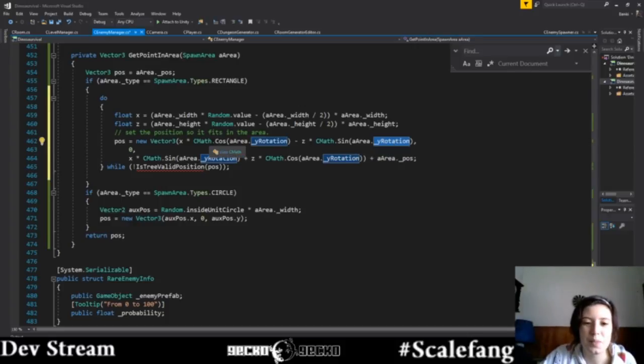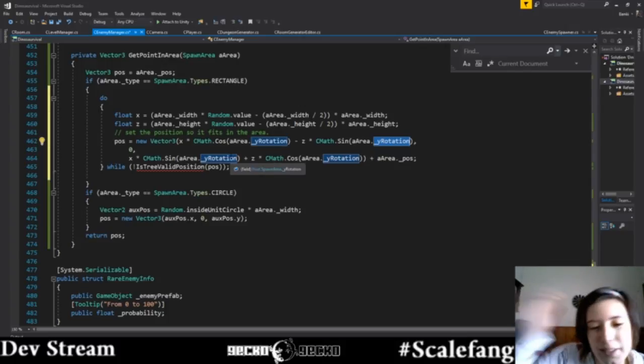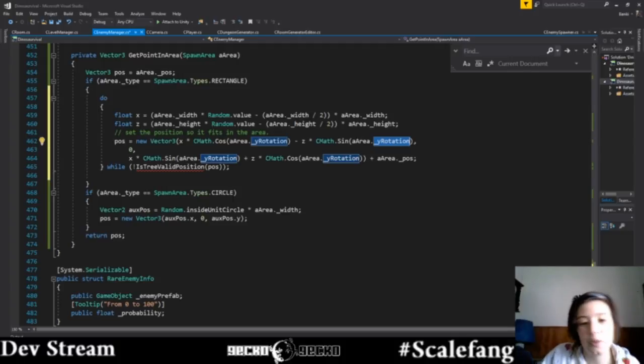Yeah, something like that. So, I mean, you need to know about rotating points in an axis and all that stuff for this, for example, which is a collision of a point with a rotated